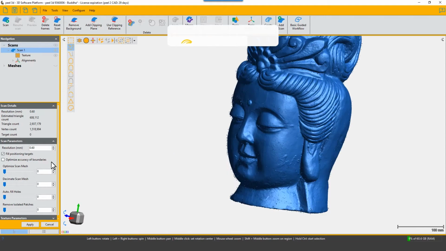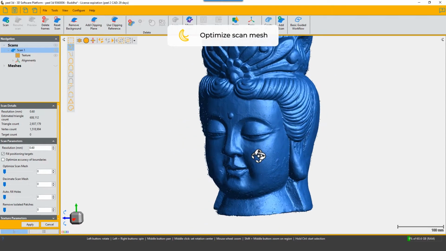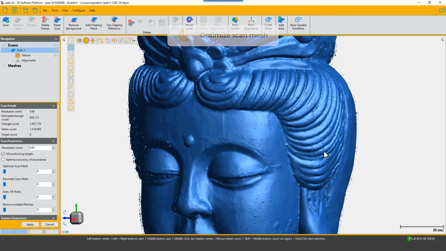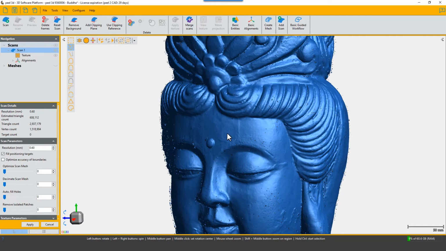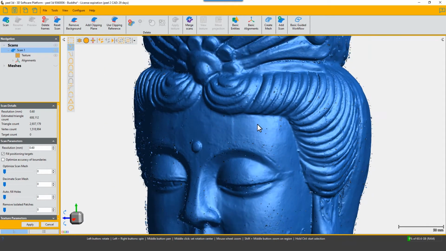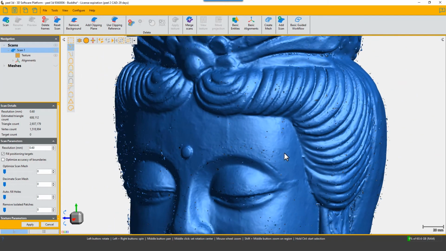For optimize scan mesh, this makes an improvement to any orange peel effect. It smooths the mesh. And so if you do see a slight orange peel effect from scanner noise, Optimize Scan Mesh helps smooth that out. You don't want to smooth out too much detail, so probably a good idea is to set it at 10%